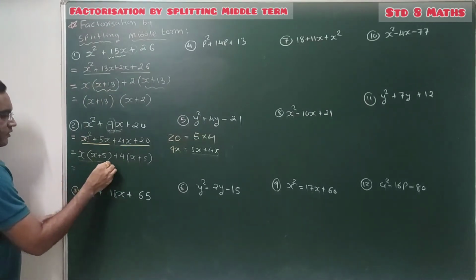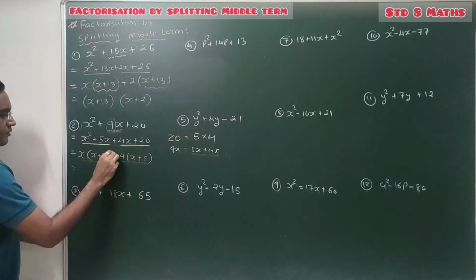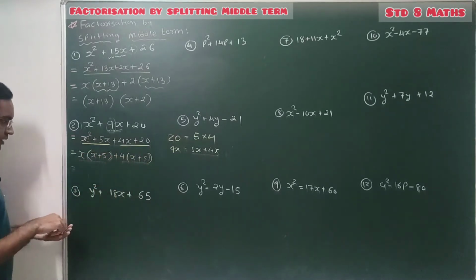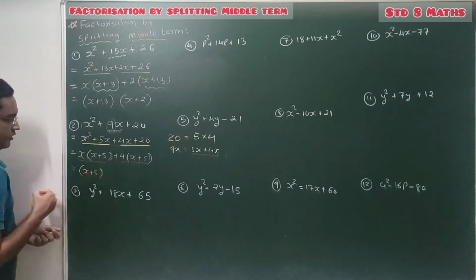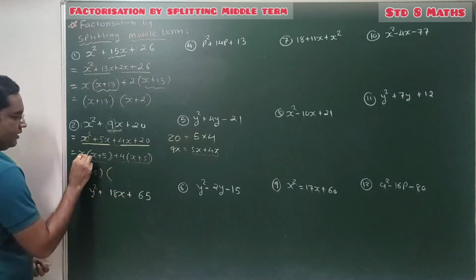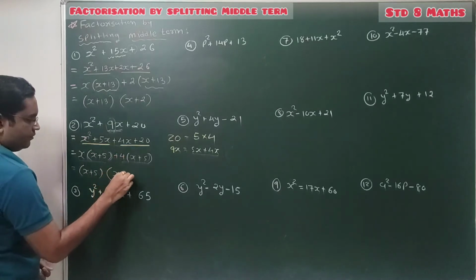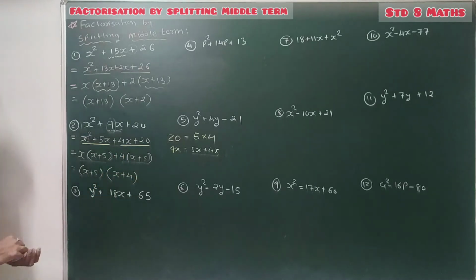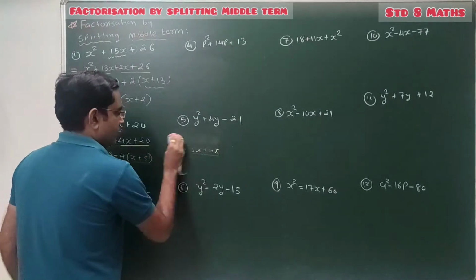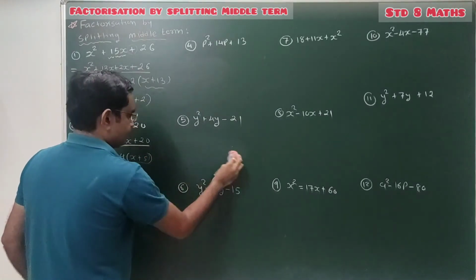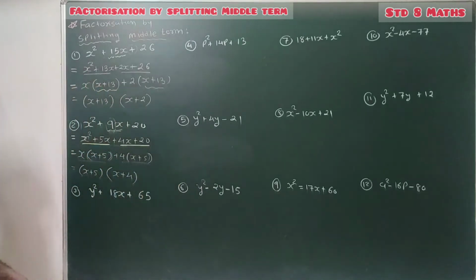Now two terms are there, first term and second term, in which x plus 5 is the common. So taking x plus 5 as a common term, remaining terms are x plus 4. Done. है ना। ये आपको रफ में करना है, इनिशियल बेस पर रफ में करना है, उसके बाद तो आपको डायरेक्ट ओरल ही करना है।